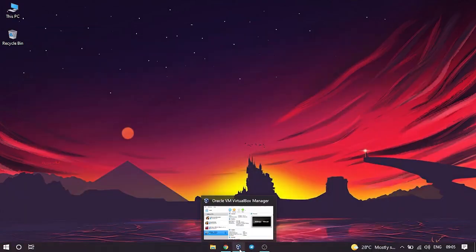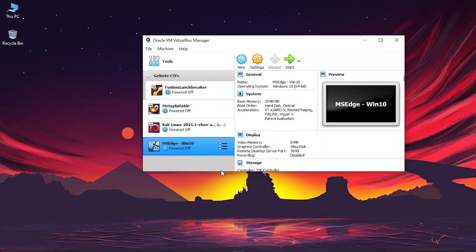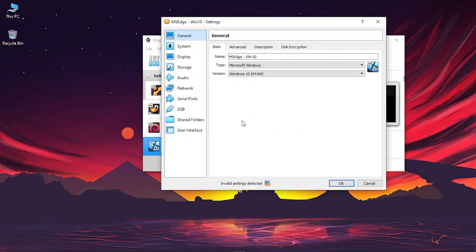What I'm going to do is dual boot this Windows machine. I'm not going to add any separate Ubuntu machine to my VirtualBox. I'm going to boot it inside my Windows 10 virtual machine. For that, click on the Windows 10 virtual machine and go to Settings.